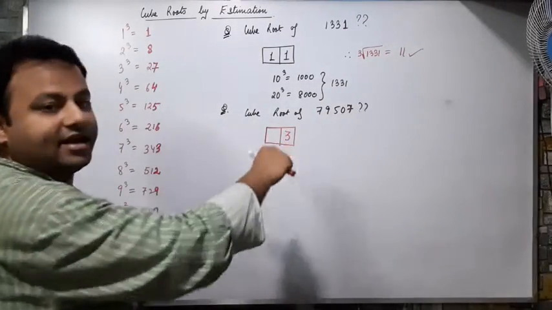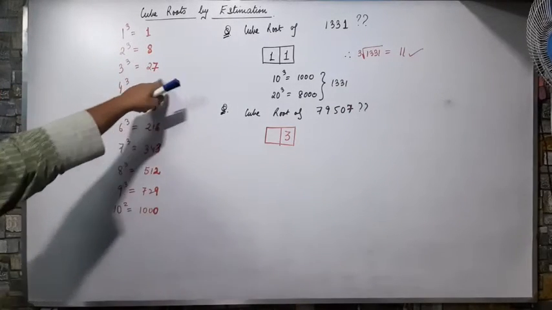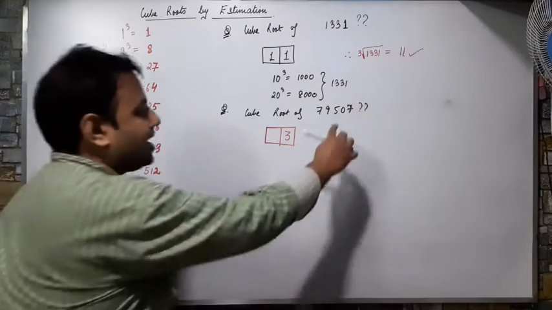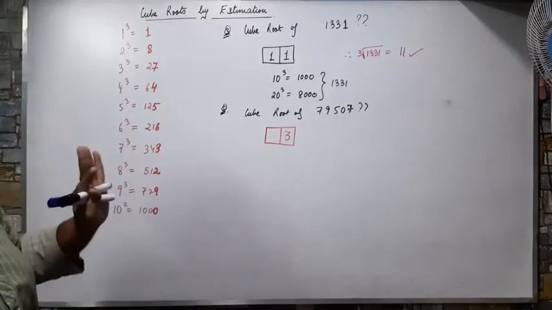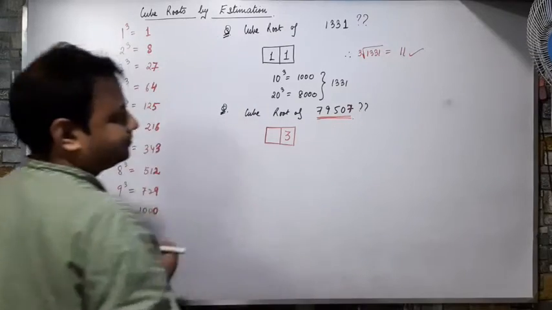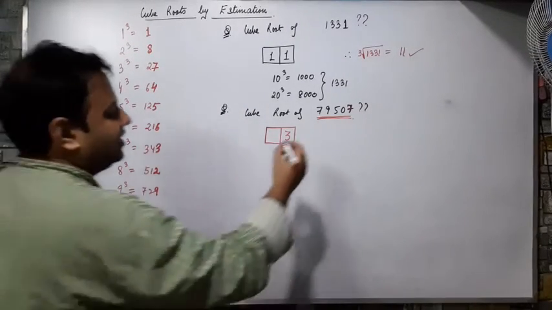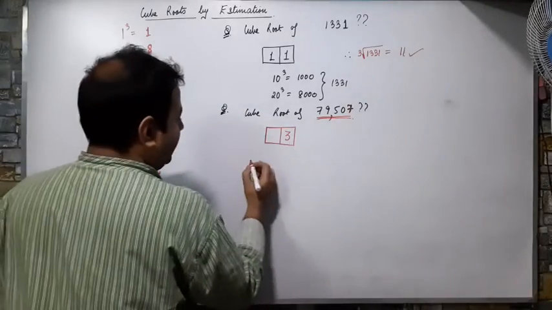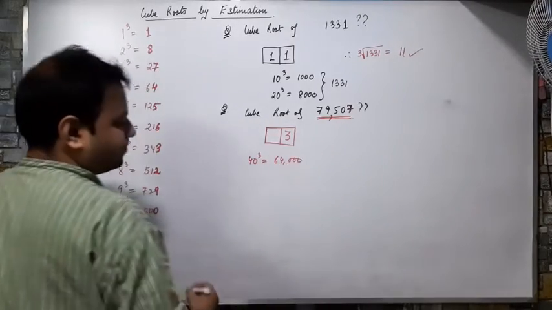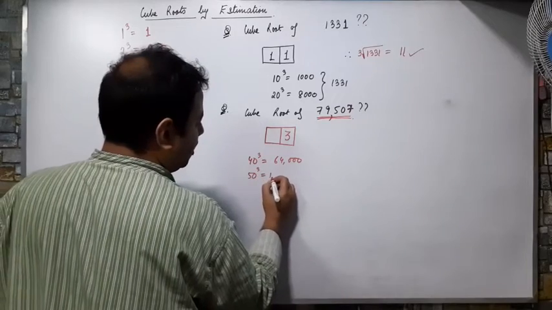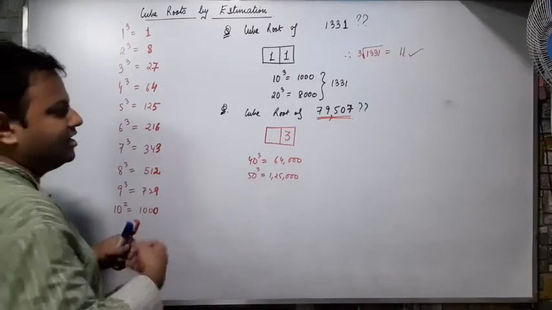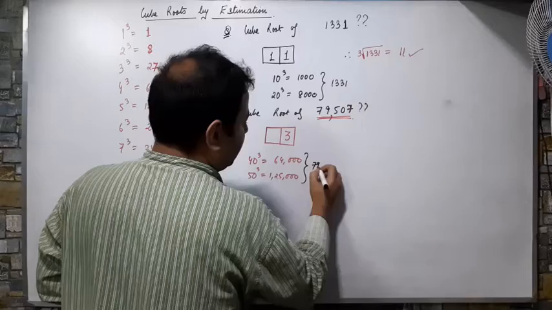মাই ইউনিটস প্লেস ইজ 7, আর 7 কার ইউনিটের কিউব রুটে আসবে? 27, আর 27 এর কিউব রুট হচ্ছে 3। সো যেহেতু এর লাস্ট ডিজিট 7, আমিও এর লাস্ট ডিজিট 3 লিখে দিলাম। এবার দেখবো এই 79507 নাম্বারটি কার মধ্যে পড়ছে? কারেক্ট, 79,000। হ্যাঁ, দেখি। সো আই উইল রাইট 40 কিউব। 40 এর কিউব কত হয়? 64,000। আর 50 এর কিউব কত হয়? 1,25,000। কারেক্ট। তো আমার এই 79507 এই দুটো নাম্বারের মাঝে পড়ছে।